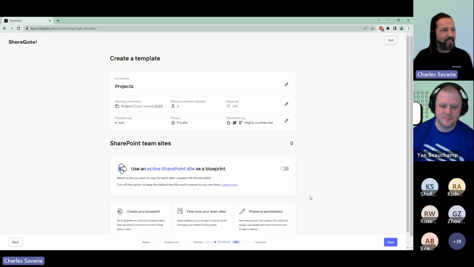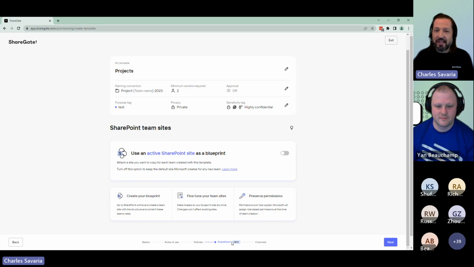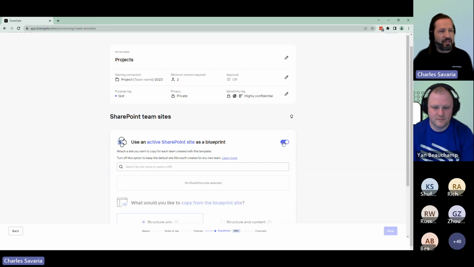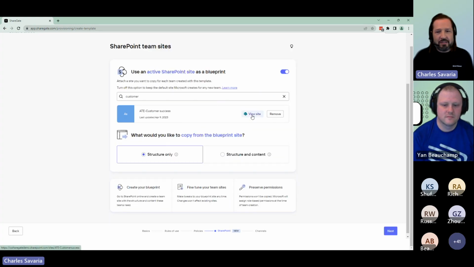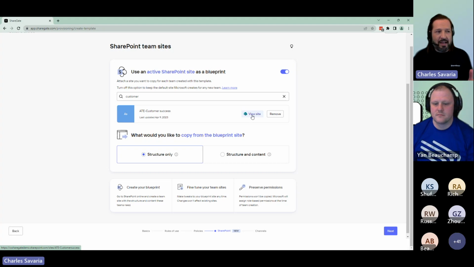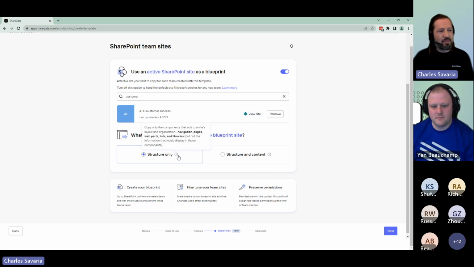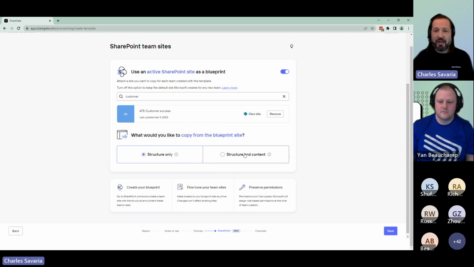Now, the fun part is this portion. ShareGate allows you to define the SharePoint structure that you're going to have with the team. So you could use an active SharePoint site as your blueprint. Just toggle this on, and then you could search for one of your sites. I could go and view the site to get a better understanding of that structure it has. And I'm going to define whether I just want to move the structure or the structure and the content of